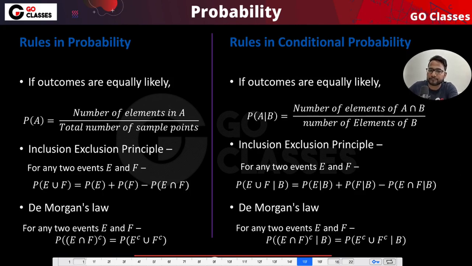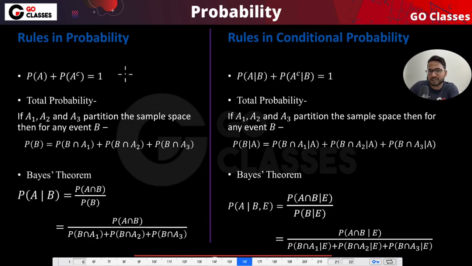I hope you understood. Now let's just see more probability laws that we have already seen. See, the probability of A and the probability of A complement will be 1. Here also given B, it is 1. The total probability law that we have seen just now is basically that the probability of B can be written as the probability of B intersection A1 plus the probability of B intersection A2, like that. Here also, let's suppose some event A, so given A, everywhere you just write the given A. Now we will see this Bayes theorem later. Like we have already seen it, but yeah, we will see formally Bayes theorem later. But yeah, this is the theorem that we have here.